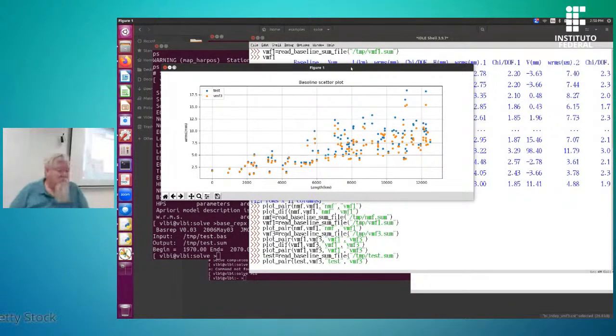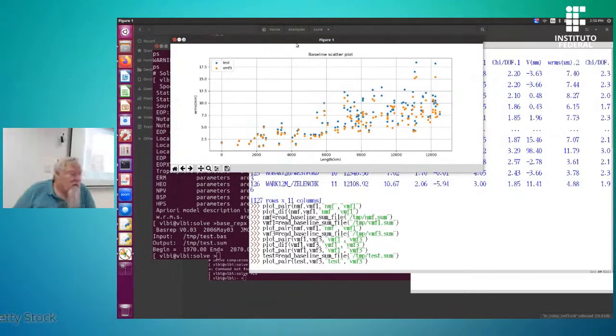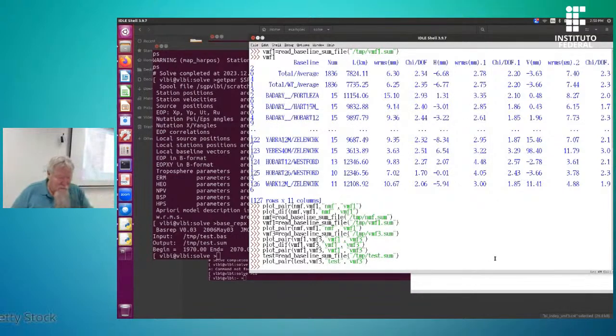Okay. So this plots up this pair of results here. If you look at it, which points are higher on here? Test is higher, right? So it's pretty obvious from here. Let's plot the difference plot up. So close this one out. And then we're going to do